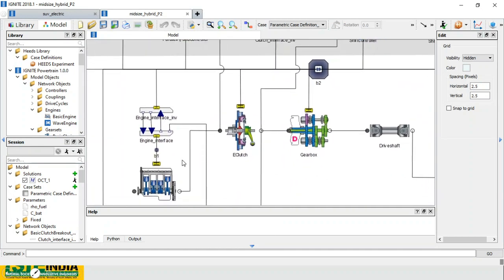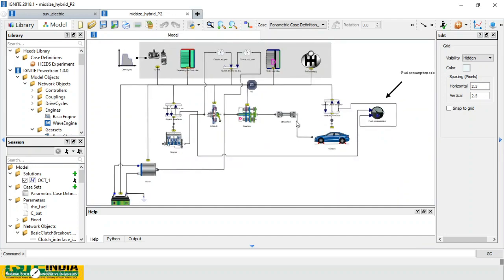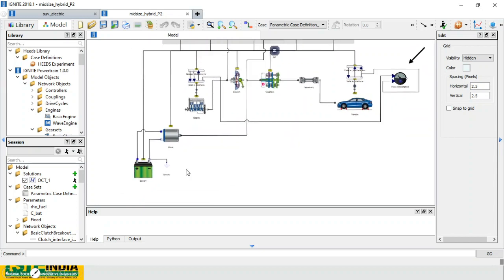So if you want to use the engine, then from the engine it will go to the whole gearbox section, and then it goes to the drive shaft. So this is an all-wheel drive kind of configuration. We have a motor which is traveling and then goes to the whole vehicle body. Okay, so we have the battery and motor,